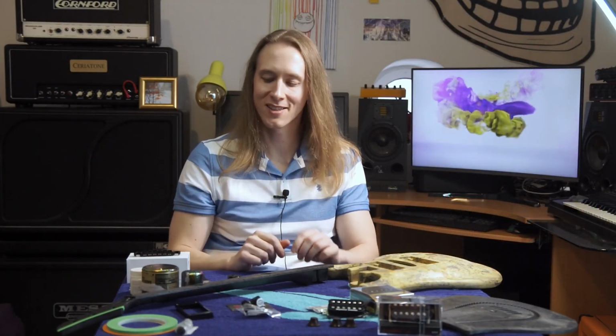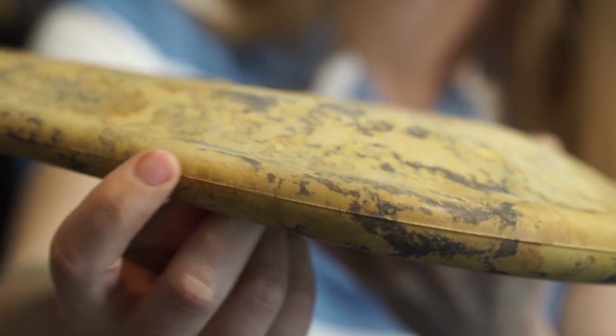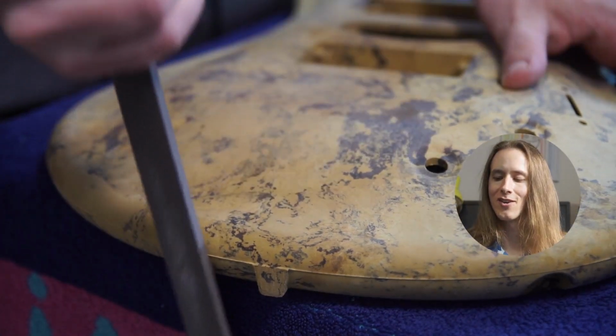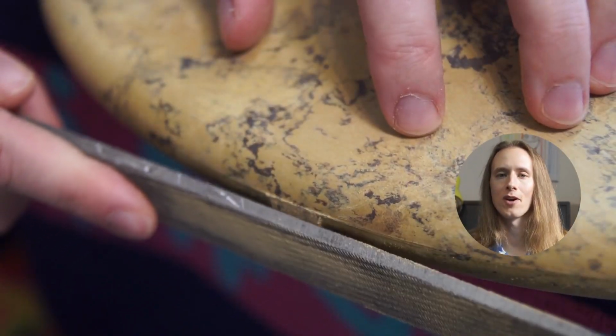Alright, so enough talk, let's get started with the sanding of the parts. So since the Flaxwood parts are made in a mold, they have all kinds of seams everywhere, which we need to sand out. So here we go. Alright, so here you see me sanding off the seams. And I guess sanding might not be the most interesting, so let me tell you about the other hardware and